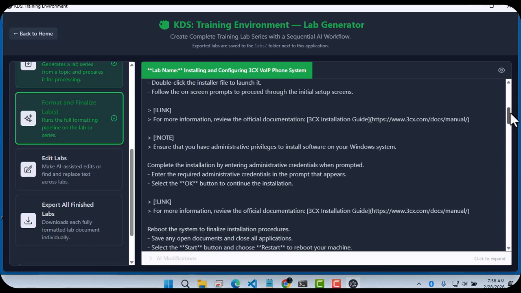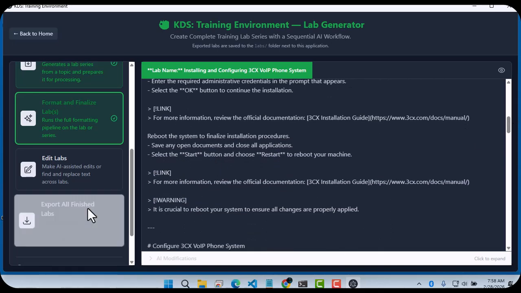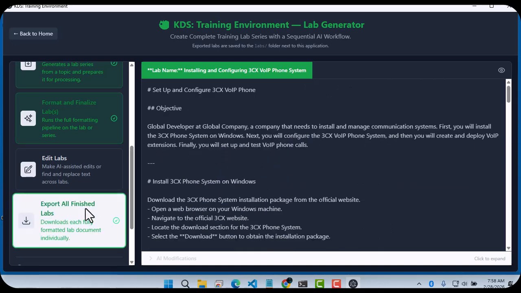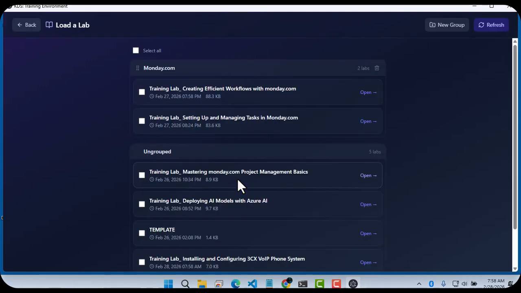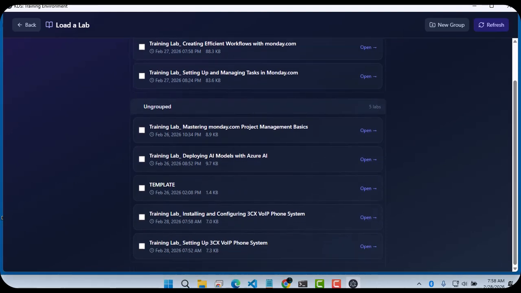So the lab instructions are generated in Markdown. I'm just going to go ahead and export this. This downloads each fully formatted lab document. So if I go back to home and I go to my Load a Lab, you will scroll down here on the bottom and you will see that we have the lab that we just created, installing and configuring a 3CX